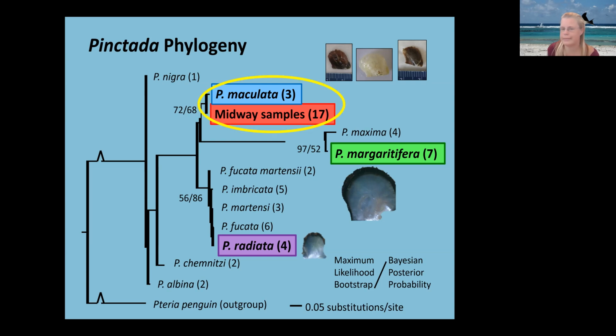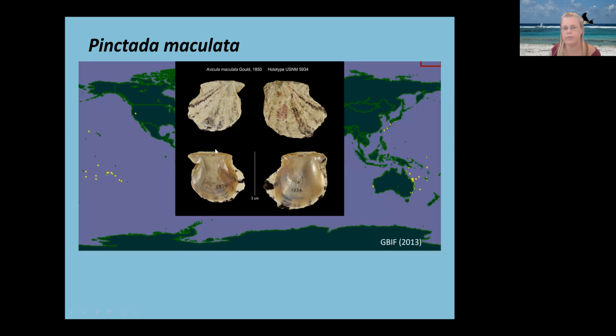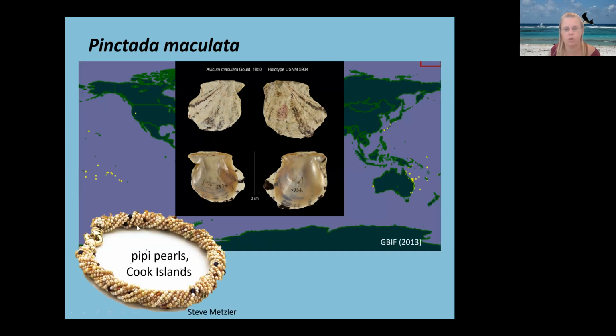So my juveniles that I was finding are actually Pinctada maculata, not previously reported in Hawaii. So what do we know about this? They have the mother of pearl inside the shell is kind of golden. And so they actually make these really, really tiny gold pearls in the Cook Islands called PB pearls. And they are found